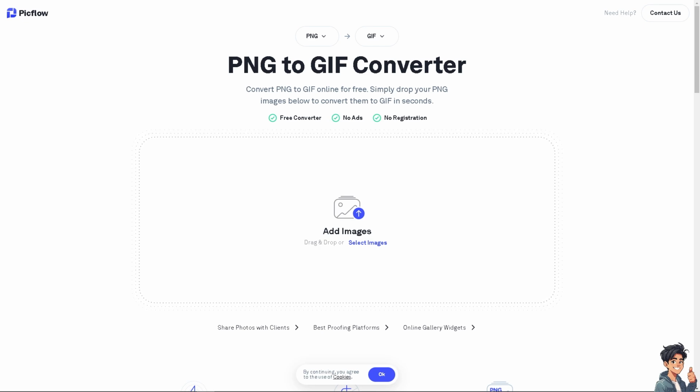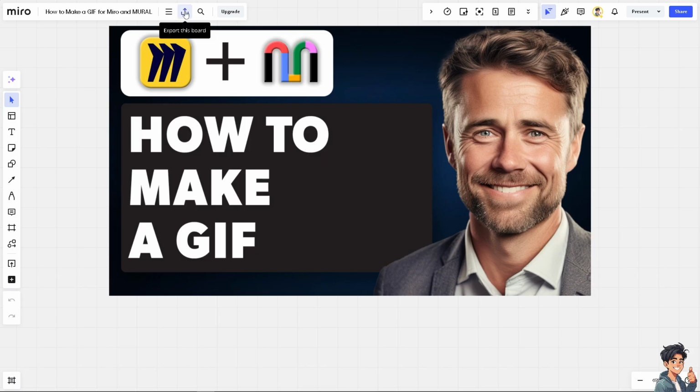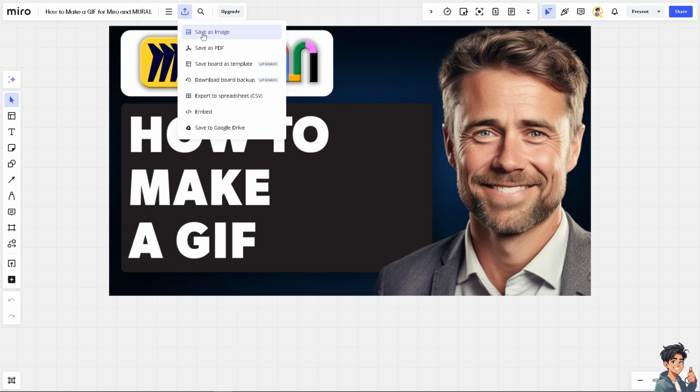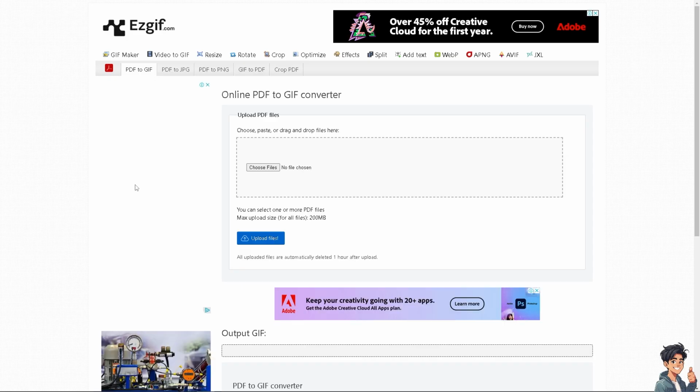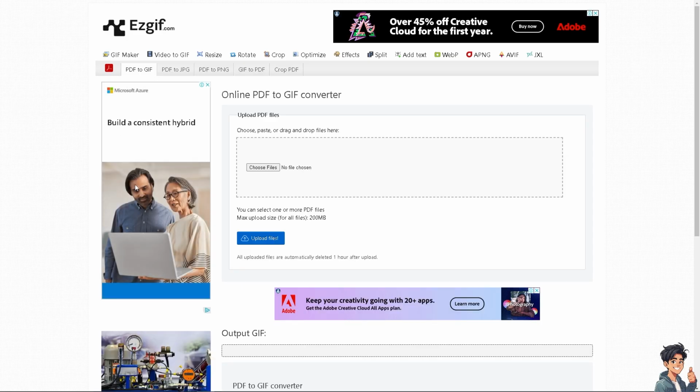You can do the same thing with Miro. You can simply click on this export this board. It's as downloading. You can save as image. You can save as PDF. For example, PDF. Click that. And then go to isgif.com, wherein you can simply choose the PDF file you saved from Miro and click on the GIF converter. And you would be able to have a GIF that tells a story or guide viewers through a narrative on